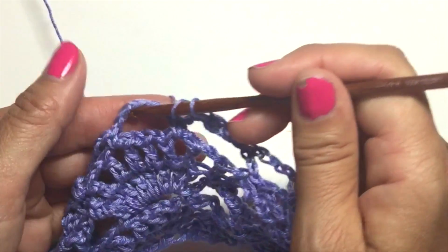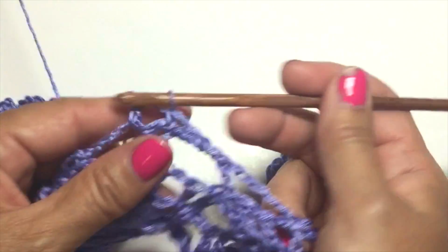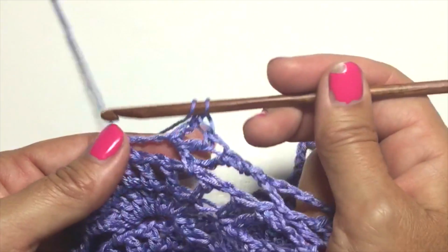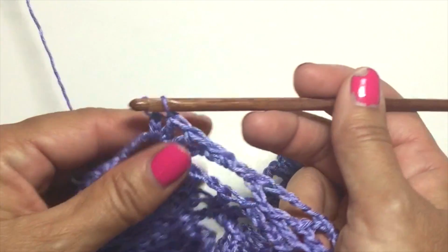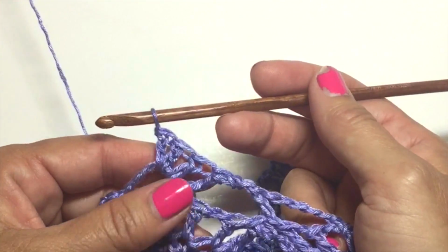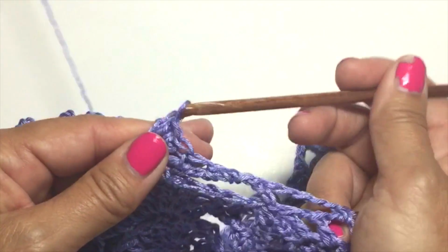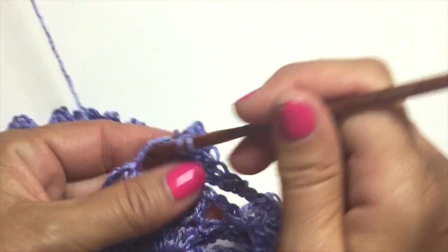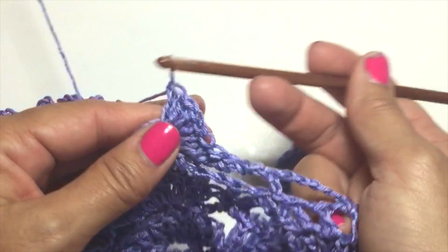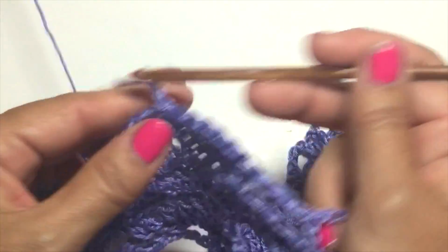Double crochet is yarn over, insert your hook in the chain 5 space, yarn over, pull up a loop, yarn over, pull through 2, yarn over, pull through 2, yarn over, insert your hook in the space, yarn over, pull up a loop, yarn over, pull through 2, yarn over, pull through 2. We now have 3 double crochets in there. We want a total of 7. So there's 4, 5, 6, 7, single crochet in the next chain 5 space, chain 5,